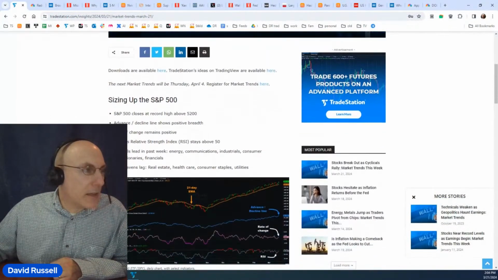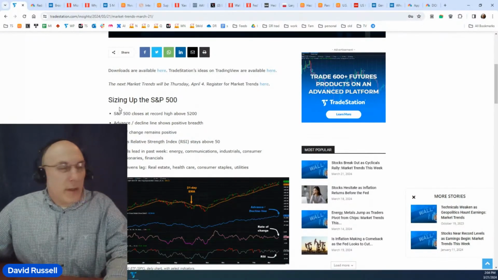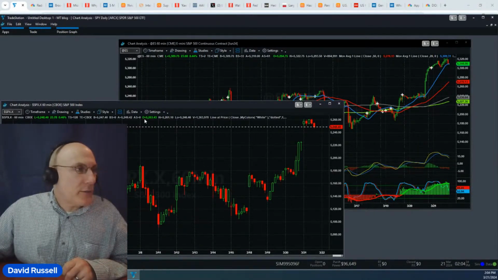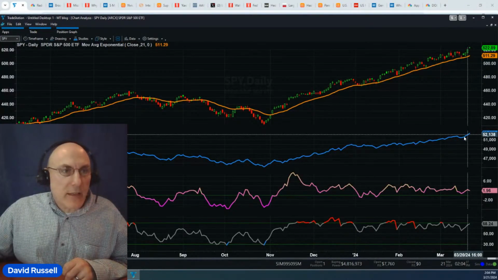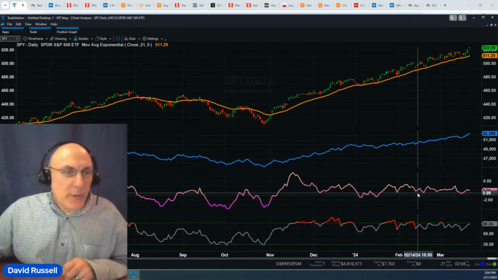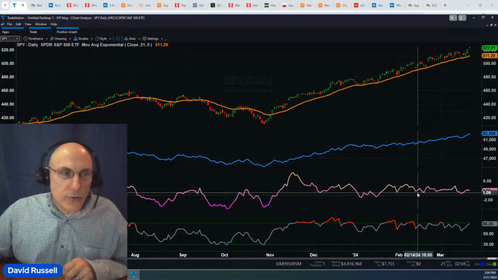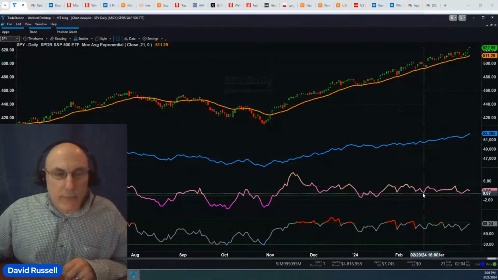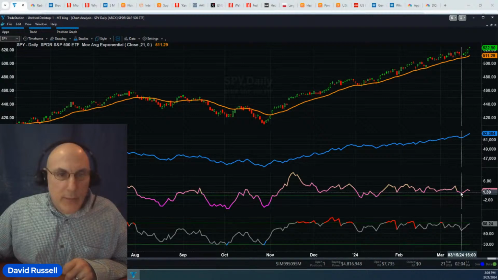The advanced decline line here just continues to make new highs. Another thing that's interesting to me is that I have this chart here in real time. If we look at this chart, what we basically see is the advanced decline line, actually a really significant uptick in the last 2 days. But what's interesting to me are these other two, the pulses, kind of the internals of the market. Some of the key things to look at was the 9-day rate of change just remains positive,